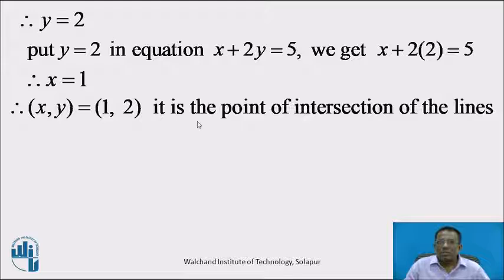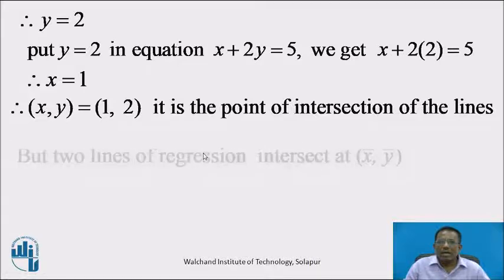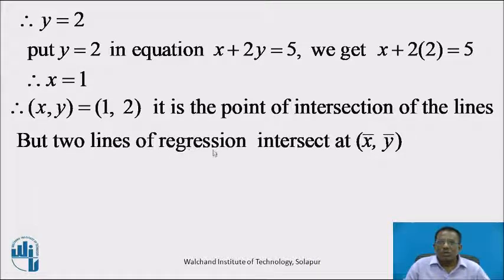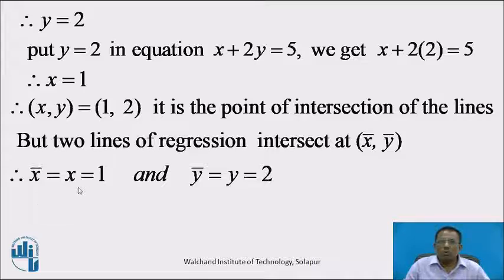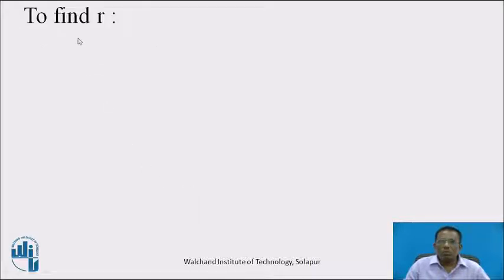Therefore, (x, y) is equal to (1, 2), it is the point of intersection of the lines, and we know that two lines of regression equations intersect at the point (x bar, y bar). Therefore, here x bar is the x coordinate of that point of intersection, that is equal to 1, and y bar means the y coordinate of that point of intersection, that is 2. So, x bar is 1, y bar is 2. Now, to find the value of r,